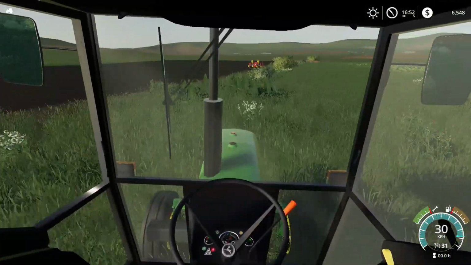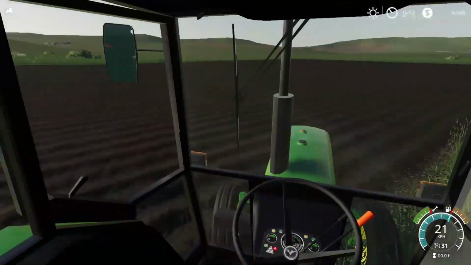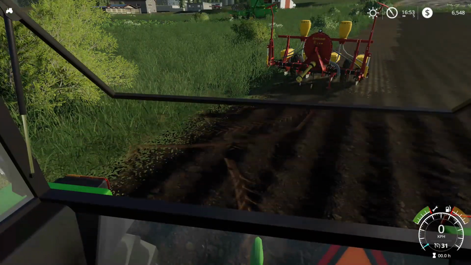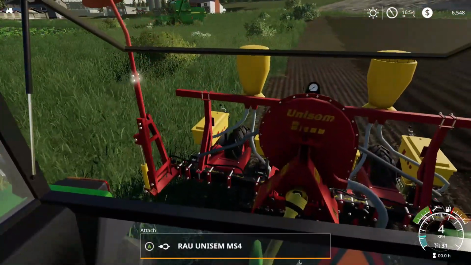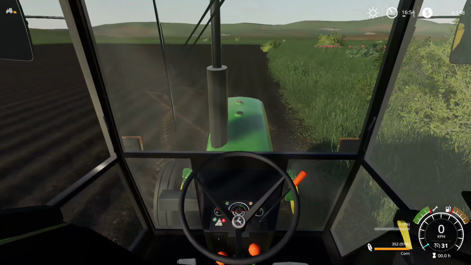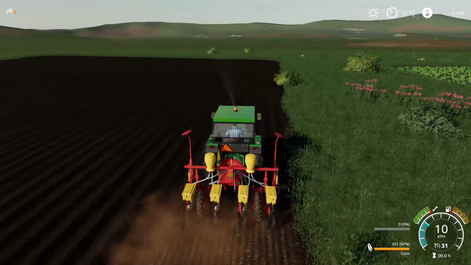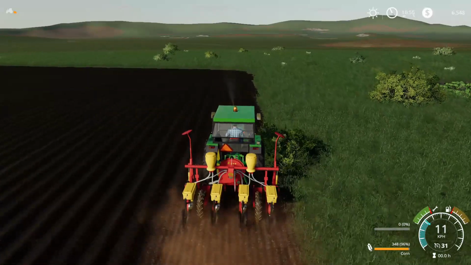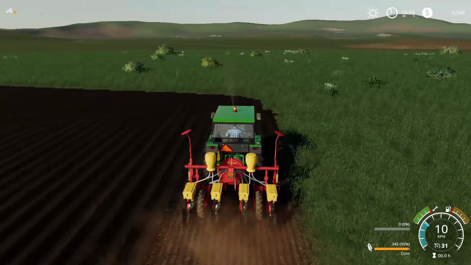Main reason why I got this was so we could pull our planter. Hey, zippy little thing, isn't it? Aha! Now that is cool. Back door opening. Okay, let's put that back on. Turn it on, lower it down. And let's do some... that's a better pace to do this. A whopping 10 kilometers an hour, 11. That's beautiful. Alrighty, well, once again, I'll do a bit of a cutscene, bring you in when I'm done,